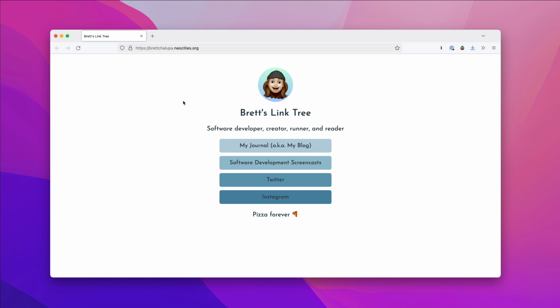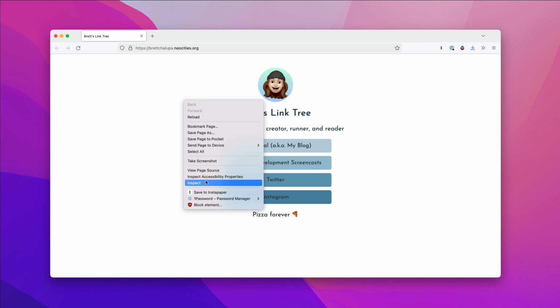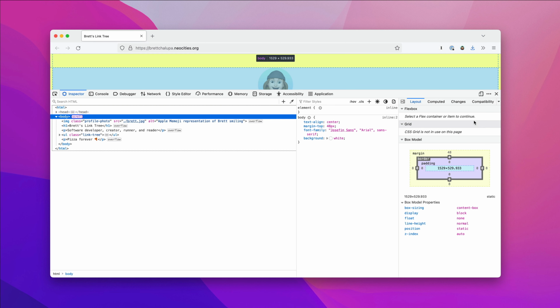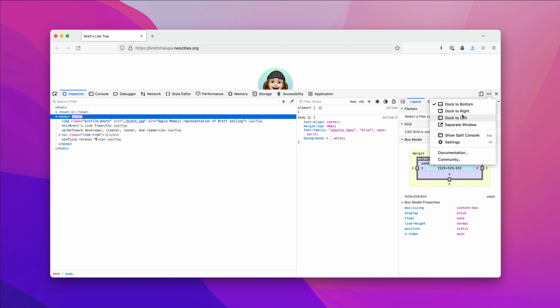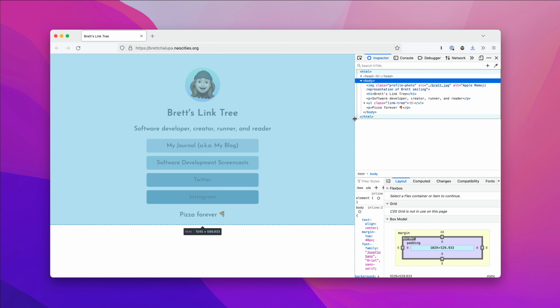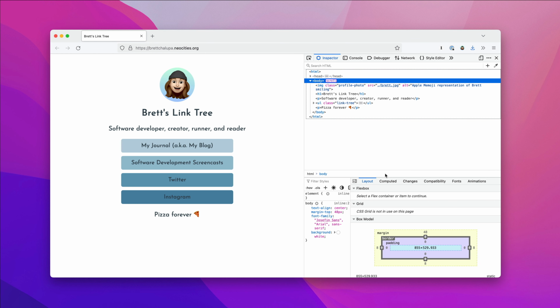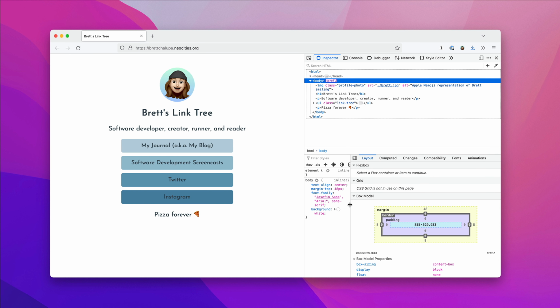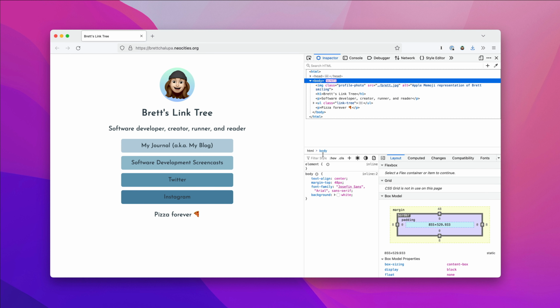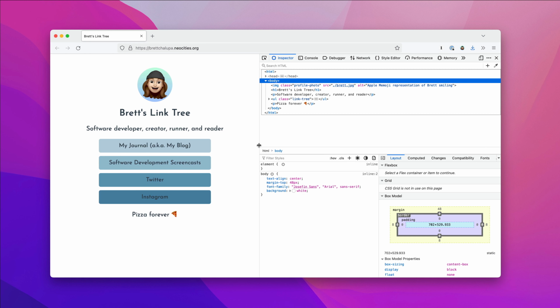If you're looking at any web page, whether it's something you're working on or another person's website, and you want to see how it works, all you have to do is right-click and click Inspect. That opens up the developer tools. Now, the specifics vary from browser to browser, but they're mostly the same. I thought I would give an in-depth walkthrough of what they all do, how they're valuable, how I use them, and my most used